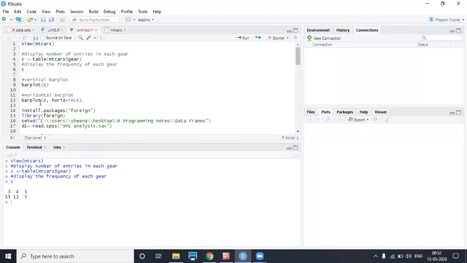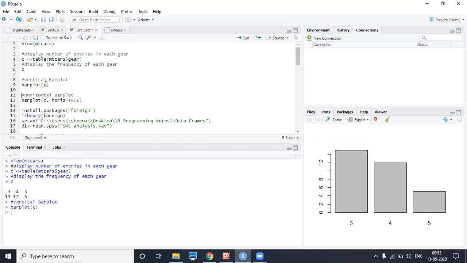To draw a bar plot of this data, the command is barplot. The first argument is the vector table which we have to pass, and we have to specify whether we want to draw it horizontal or normal vertical. For the vertical we will only pass the vector.